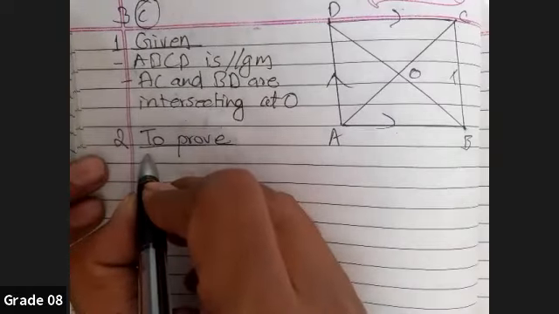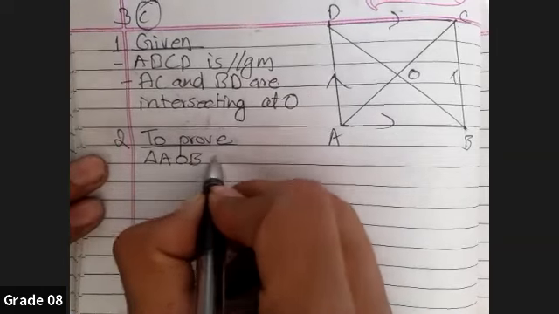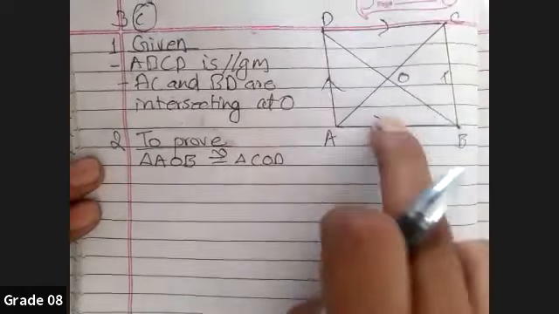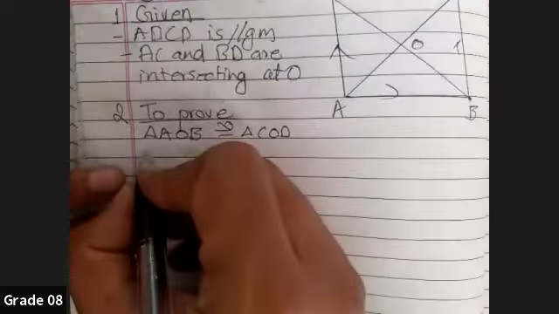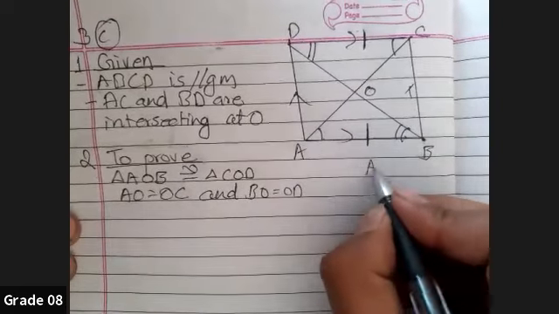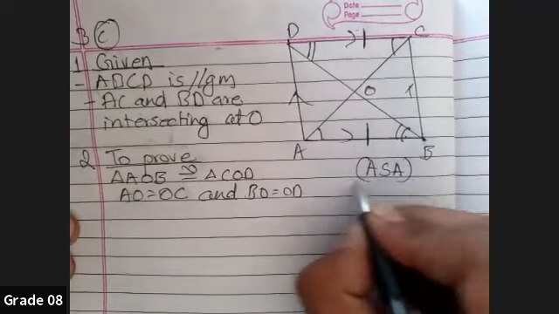So the first to prove is triangle AOB congruent to triangle COD, which is our target triangle. So from the name only, we know these are our two target triangles. And given is AO equals OC and BO equals OD. Okay, now as we have decided, this and this is an alternate pair, and another alternate pair is this one and this one. So an angle, and another is side, opposite sides of parallel. Our target is ASA, so we are going to use this one.